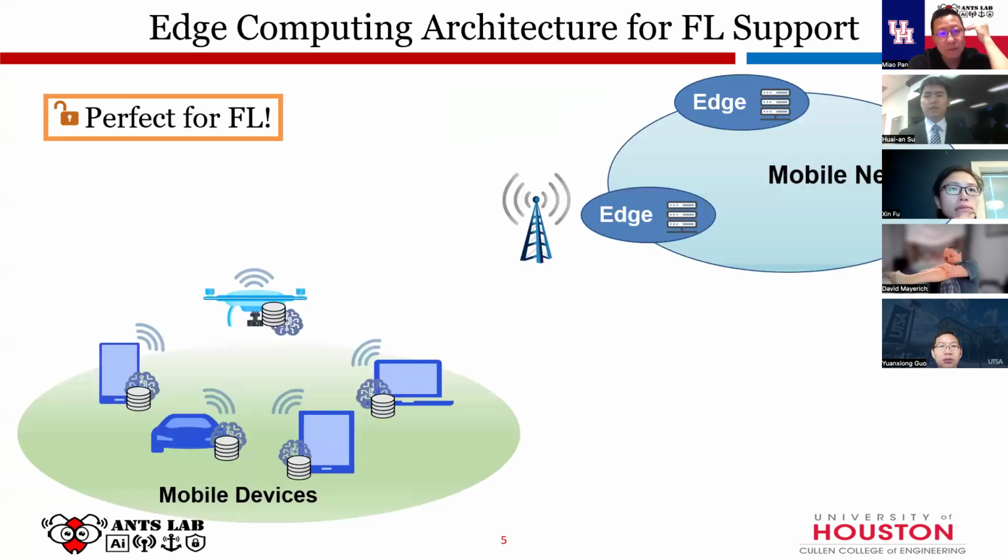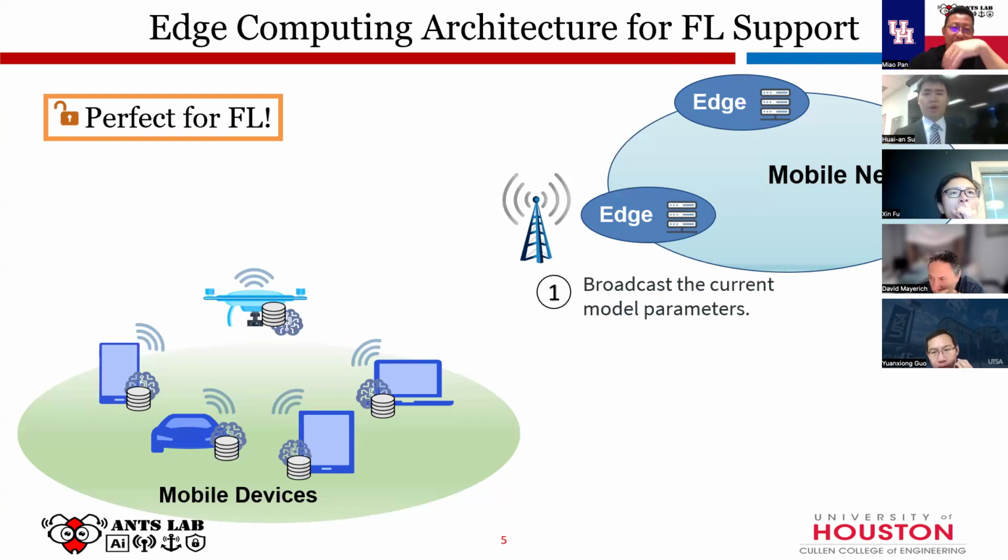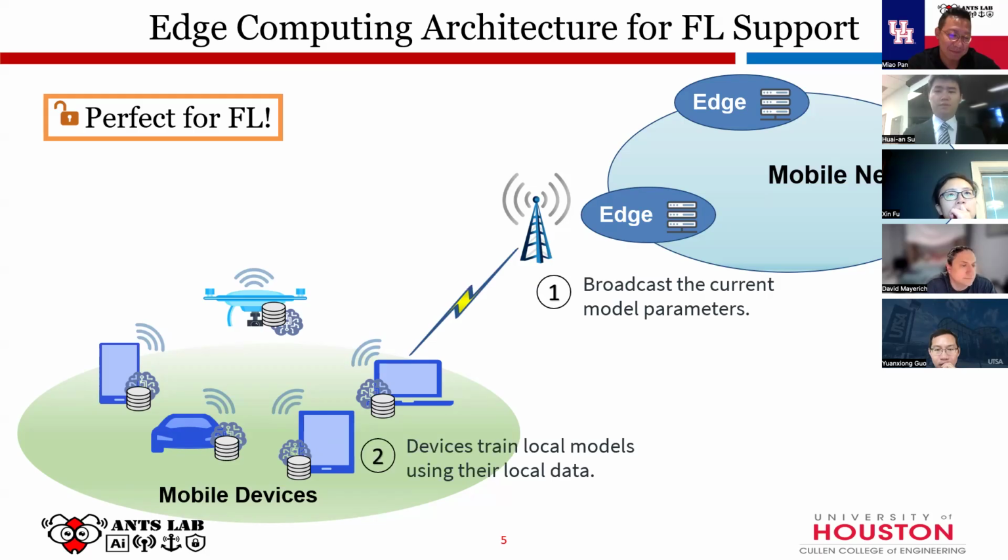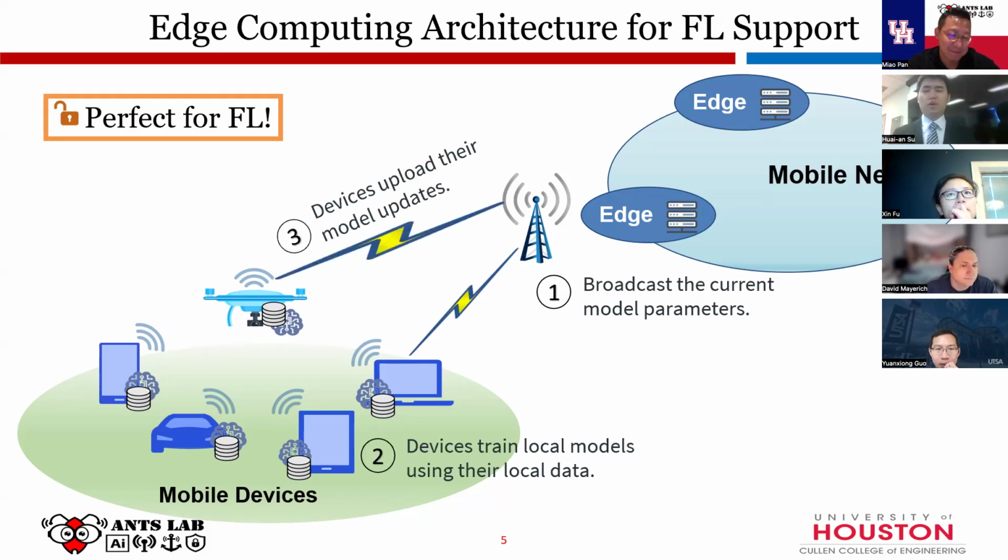In the field of multi-access edge computing architecture, it actually fits perfectly in supporting federated learning. The server and the mobile network can broadcast the model parameters to devices for local model training using local data. After the training, the devices upload the model updates back to the server. So this is really suitable for an environment where we use the mobile network to do such a federated